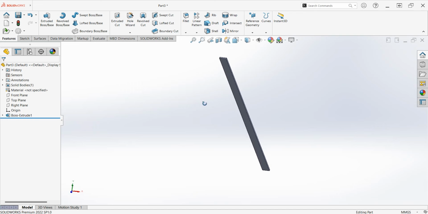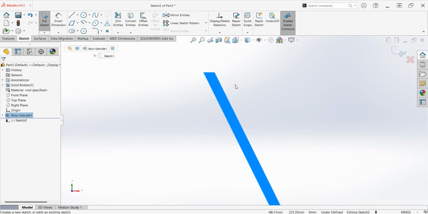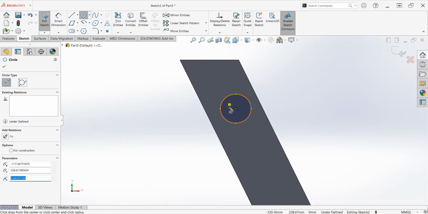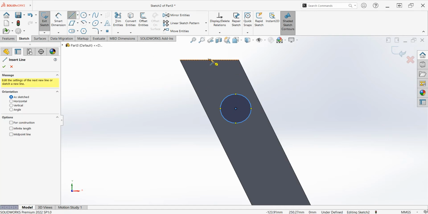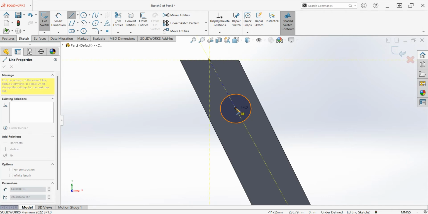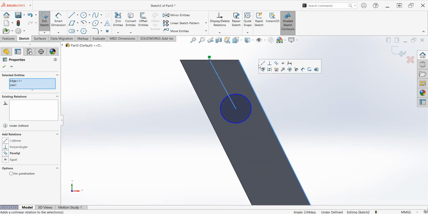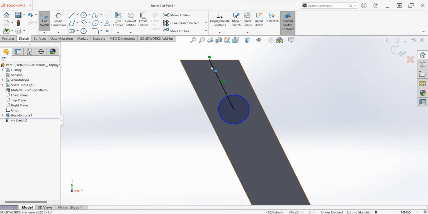Okay. Now we will create holes for steps. So first create a sketch. Select circle. Draw a circle. So we want this circle to be mid plane to both these lines. So we will create a construction line from the midpoint of this and this. And we will add a parallel relation between these two lines. Now this circle lies in the middle of both these lines. We will make this for construction